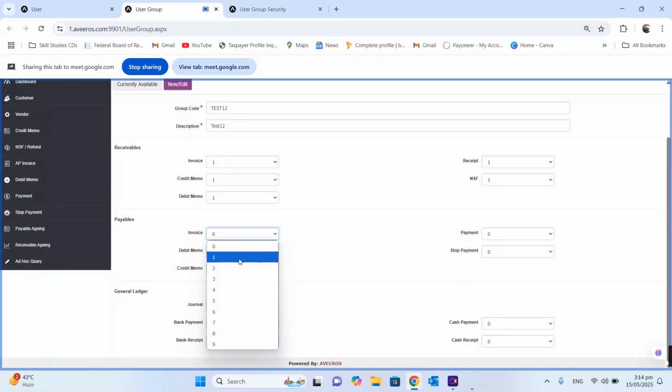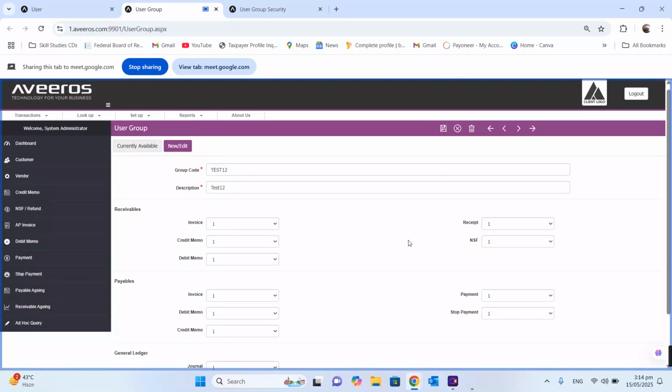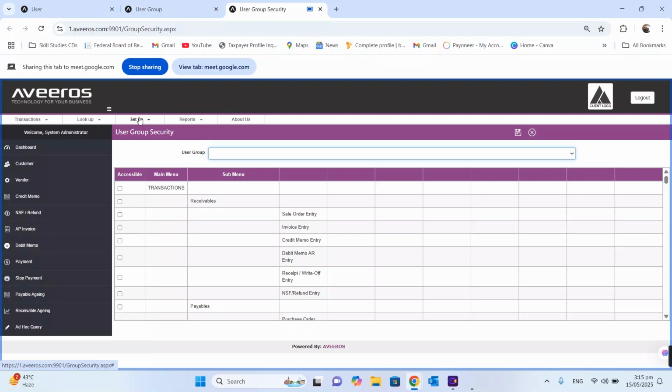6. Enter payable invoice, credit memo, debit memo, payment, and stop payment values to 1. 7. Enter general ledger, journal, bank payment, bank receipt, cash payment, and cash receipt values to 1. 8. Save it. To give accessibility rights to a new group, you have to navigate to Setup, then go to